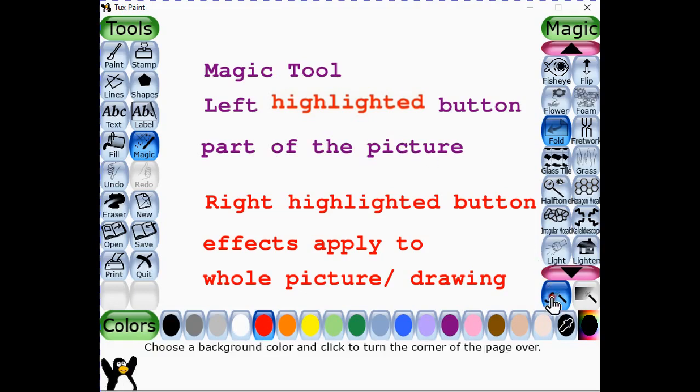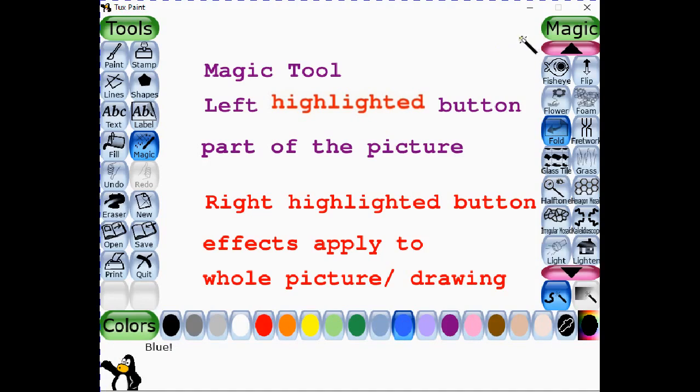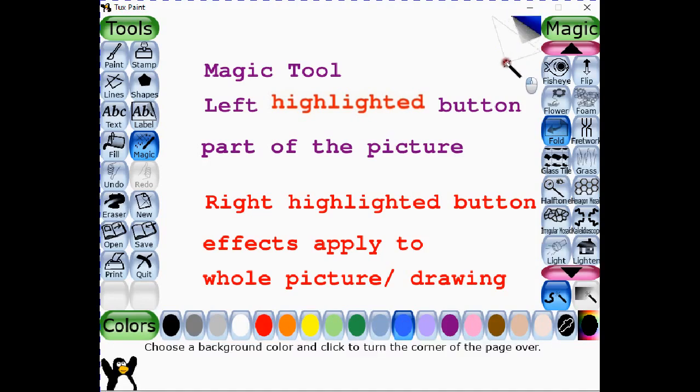Like if I select this one, it means it will apply the fold effect. As I have selected this fold effect, it will add a fold effect to some part of my drawing. Let's see, I can take this blue color and apply a fold option over here. You can see I'm dragging it on my page as a fold.